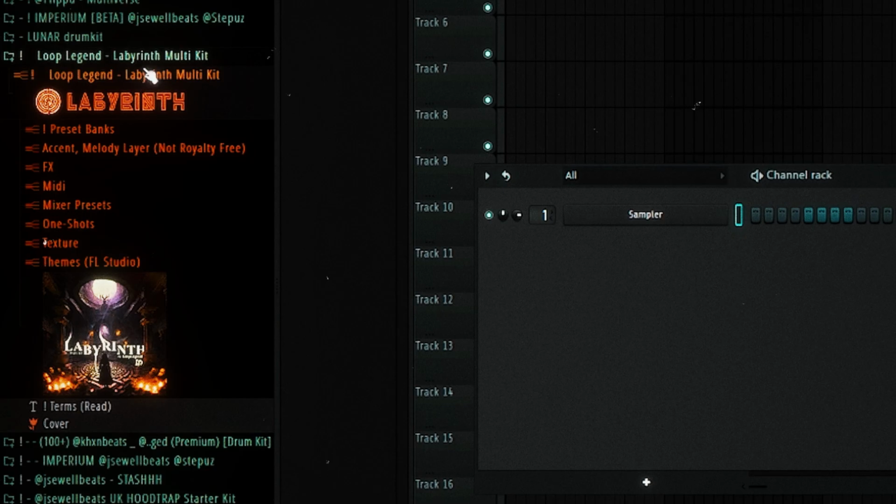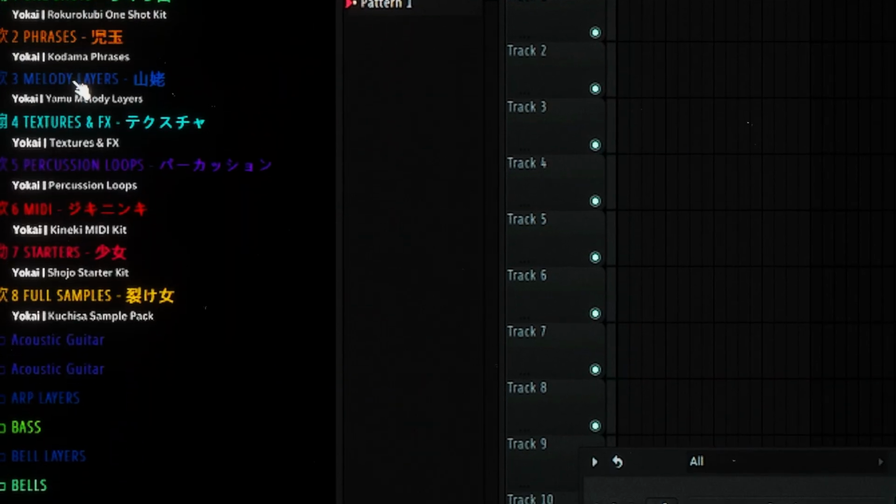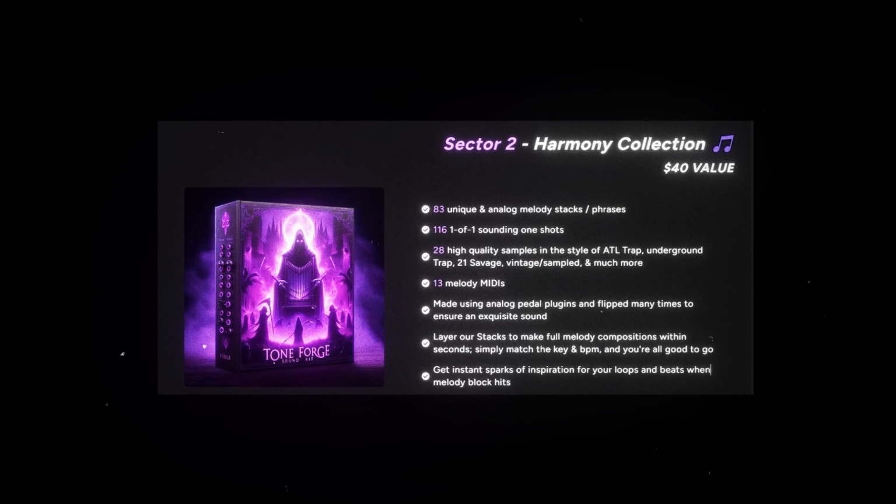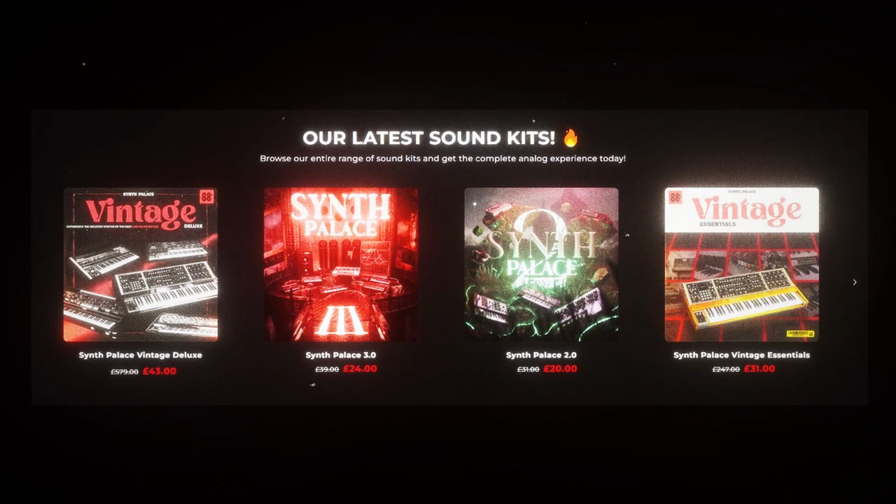A few really good accent and phrase kits you can use: Labyrinth by Loop Legend, Elysium by me, Yokai by Prod by Jack and T9C, pretty much any Tri-Freeze melody kit, and Ellis Lost and Prod by Jack's Synth Palace series. Anyway, now that we've covered all the steps and foundations, we can use those to make our own melody from